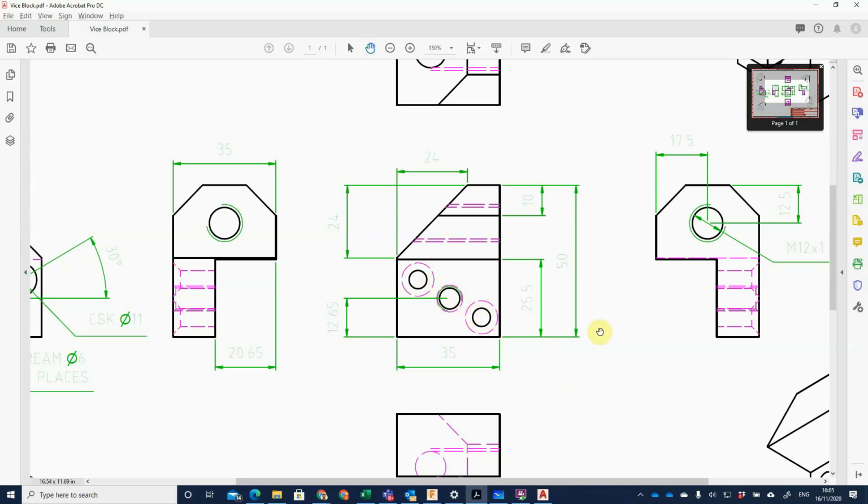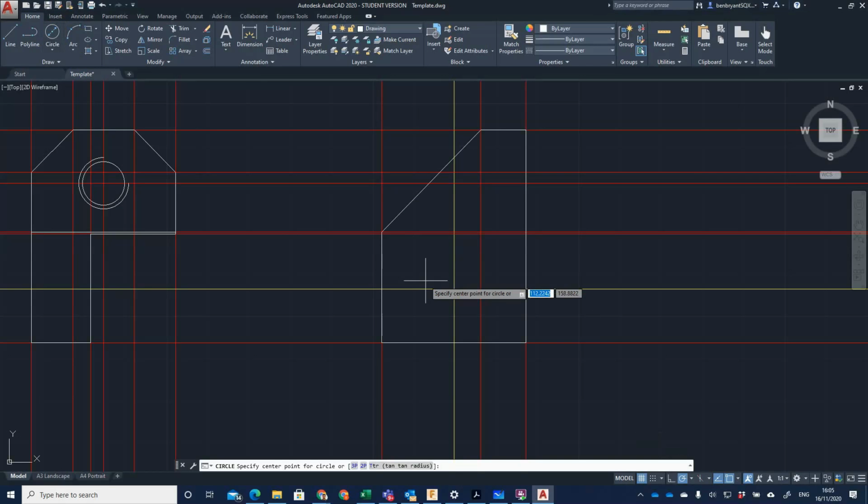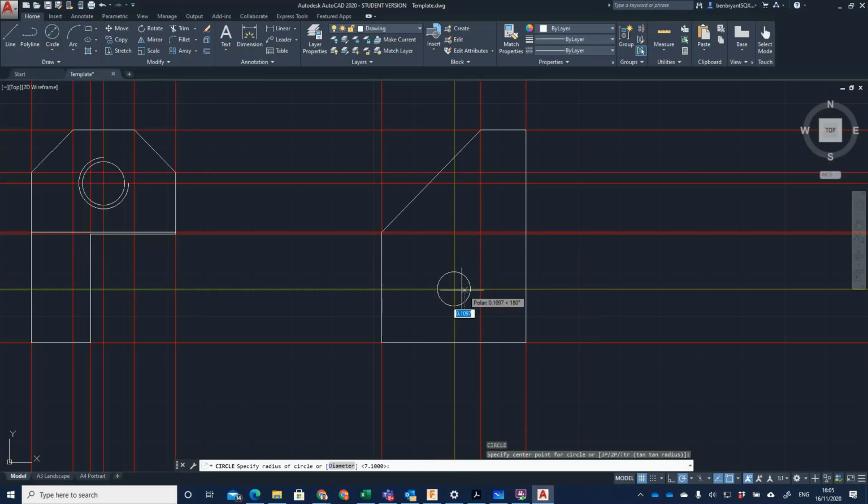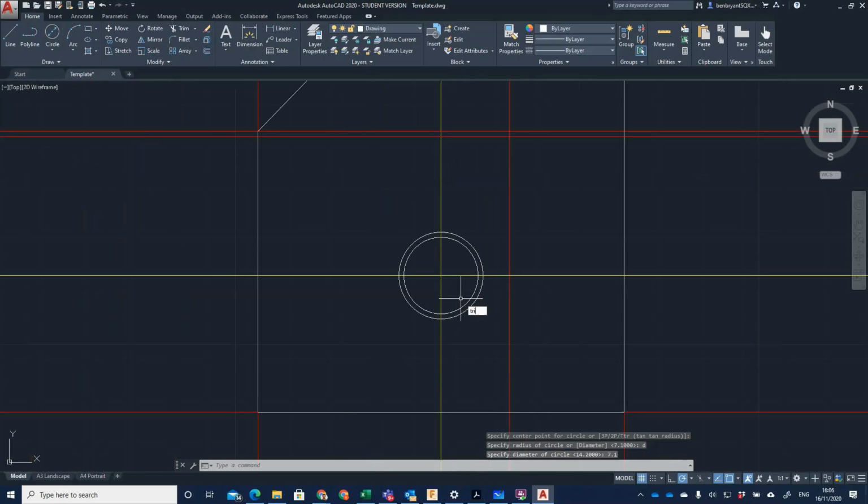So first off, we've got an M8, so our first hole will be 8mm. Our second hole will be 7.1, which is that's a radius. C for circle, D for diameter. D for diameter, 7.1 is the drill size. Trim out that C for the thread,